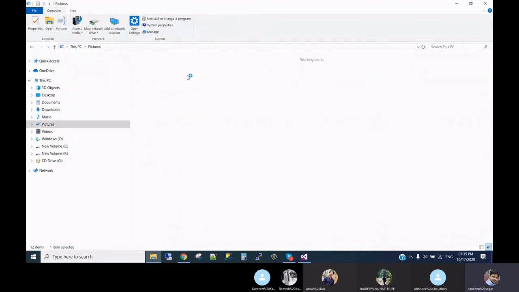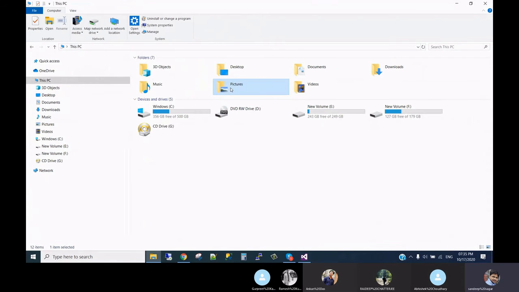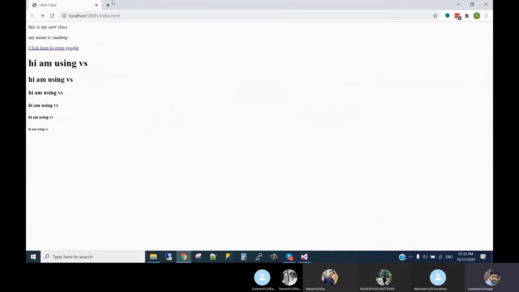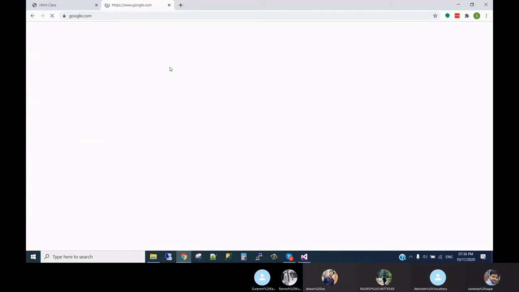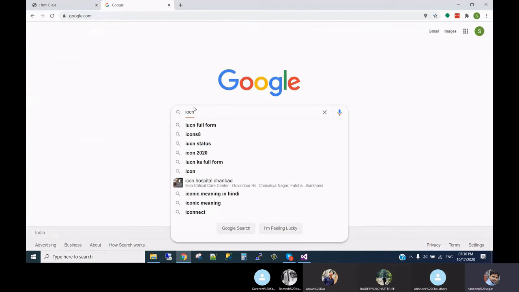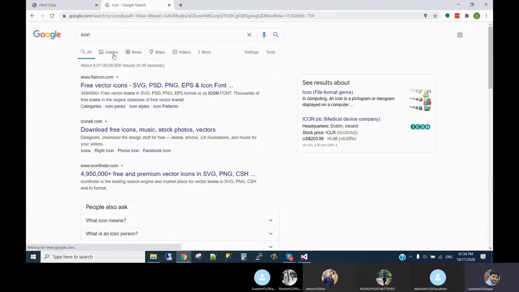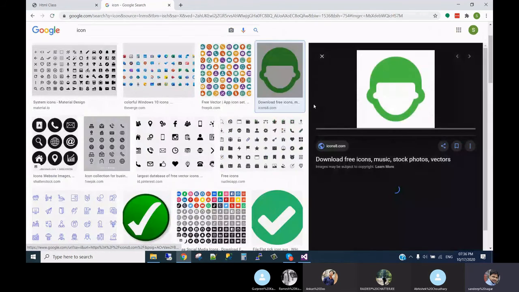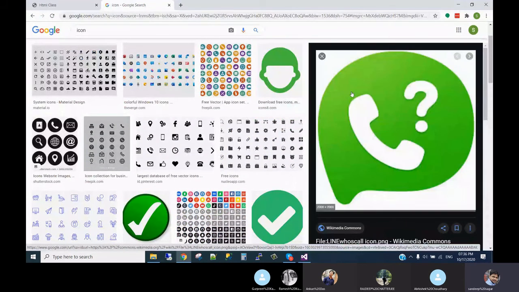Okay, let me copy anything, like we can make a default picture, or let me download any image. We can download any icon. Let us download this one, save image.